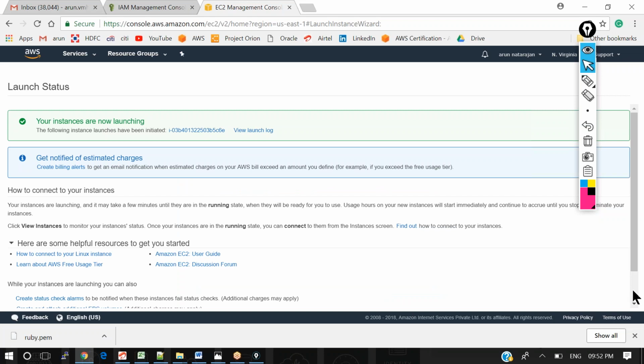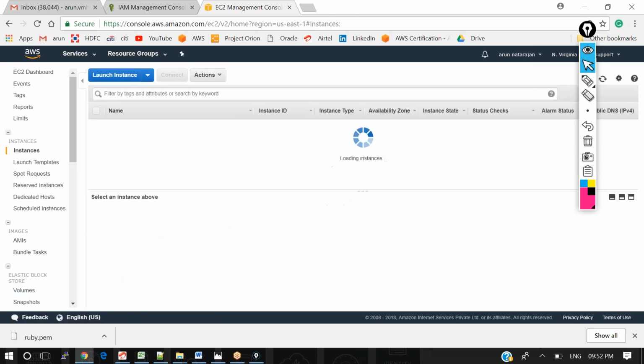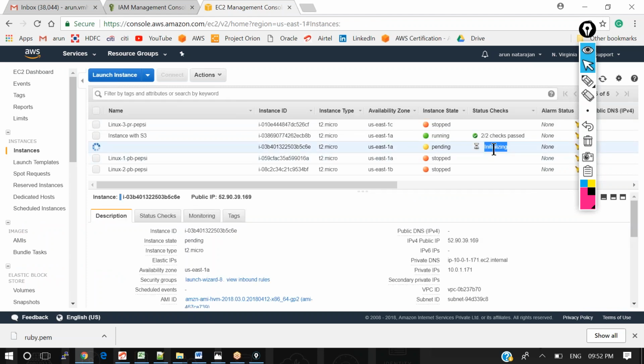Okay, so now we can just wait for 2 minutes for the instance to be started. Until then you can view the instance statuses from your instance dashboard. So this is the one which we have created, which is in the processing, that is the initializing status. Within 2 minutes it will start running, and we will also have the 2/2 check. Only when we can see the 2/2 check does it mean that the server is ready to